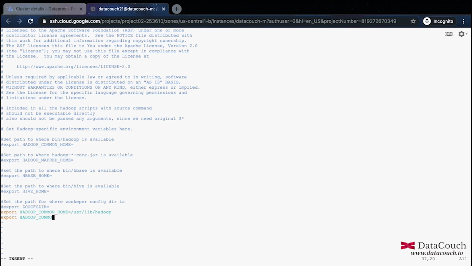So this is Hadoop common home, and then we have Hadoop mapred home, and then we have /usr/lib/hadoop-mapreduce. Okay, so let's save it.